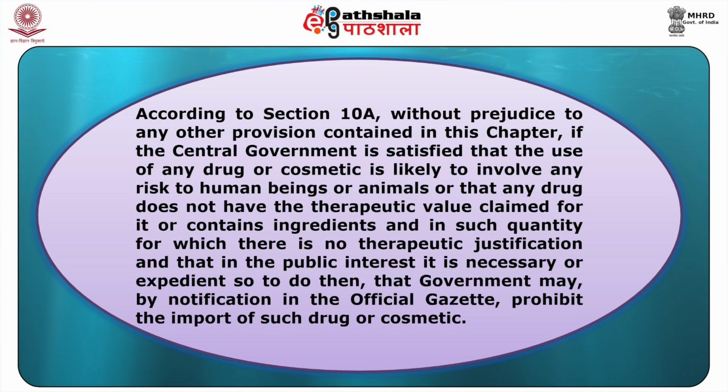According to section 10A, without prejudice to any other provision contained in this chapter, if the central government is satisfied that the use of any drug or cosmetic is likely to involve any risk to human beings or animals, or that any drug does not have the therapeutic value claimed for it or contains the ingredients and in such quantity for which there is no therapeutic justification, and that in the public interest it is necessary or expedient so to do, then that government may by notification in the official gazette prohibit the import of such drug or